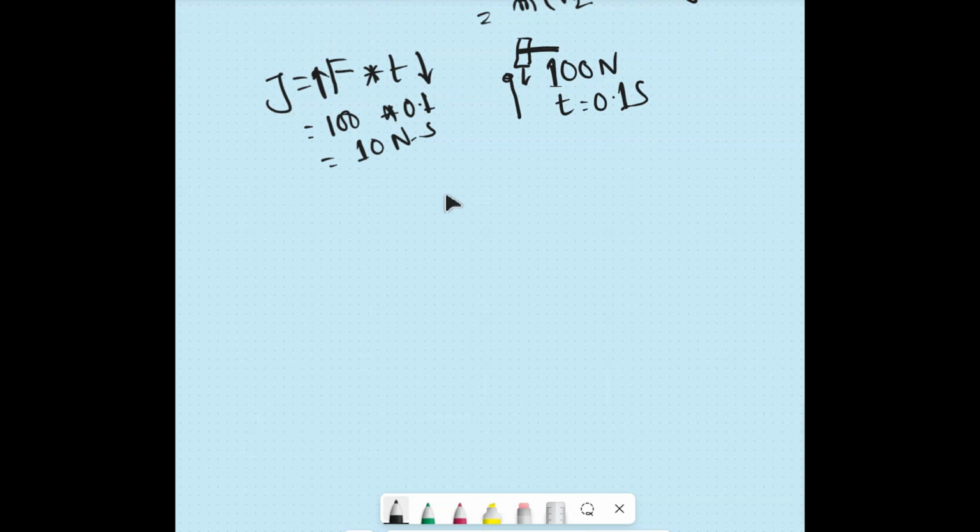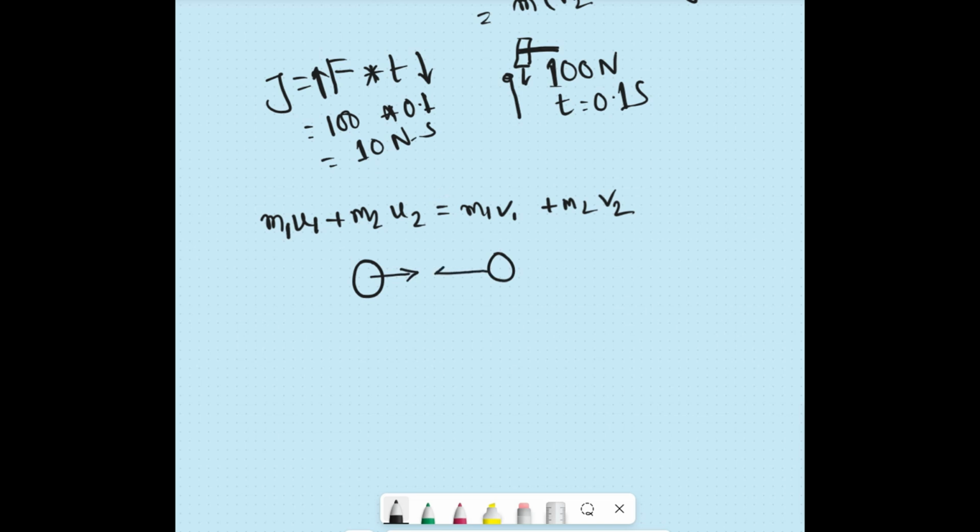Afterward, another very interesting topic is the law of conservation of momentum, right? In that case, you have to use this equation: m1 u1 plus m2 u2 is equal to m1 v1 plus m2 v2. By using these equations, you can calculate, for example, if there is a vehicle or a particle, and they collide within this place or within this area,